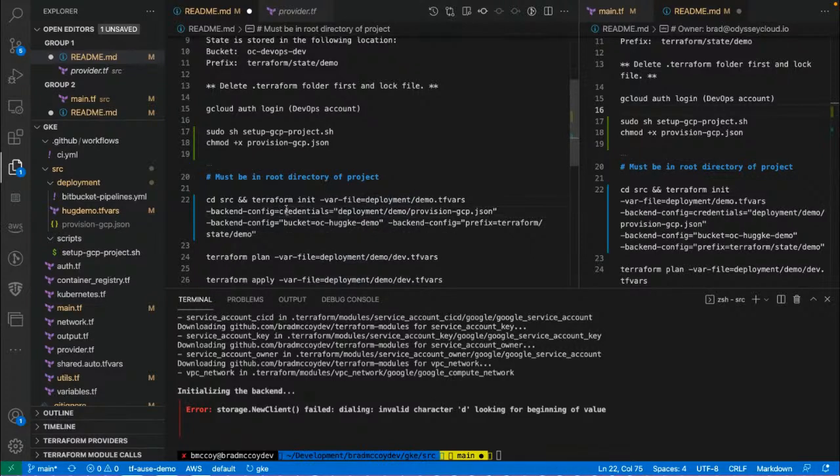Hold up. Backend config equals. Yeah, it's missing there. It shouldn't be there. Sorry, I shouldn't have actually put that out, so it should be like that. Backend config. Let's see what